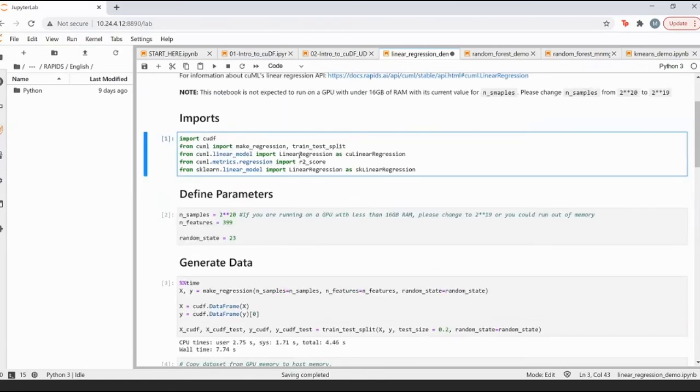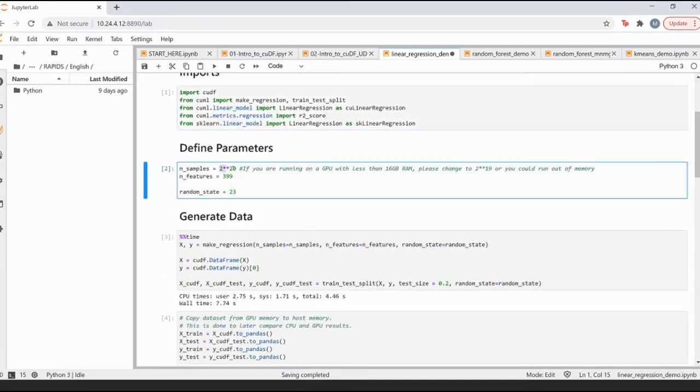So here I'm importing the R2 score, and I'm also importing the sklearn version of linear regression. The number of samples is going to be 2 to the power of 20. The number of features is going to be 400. And like I said, I'm going to have a random state, which makes the random number generator generate the same values again and again.